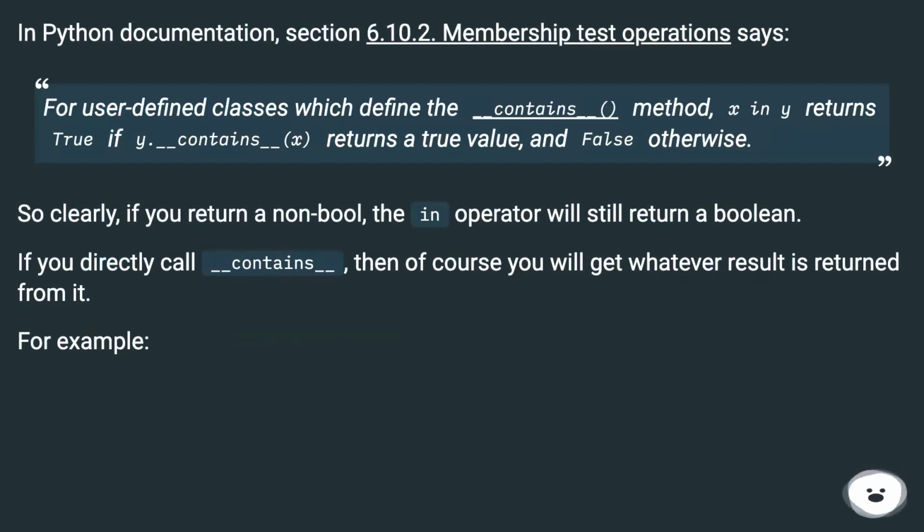In the Python documentation, section 6.10.2, membership test operations says, for user-defined classes which define the __contains__ method, x in y returns True if y.__contains__(x) returns a true value, and False otherwise. So clearly, if you return a non-bool, the in operator will still return a boolean. If you directly call __contains__, then of course you will get whatever result is returned from it. For example,